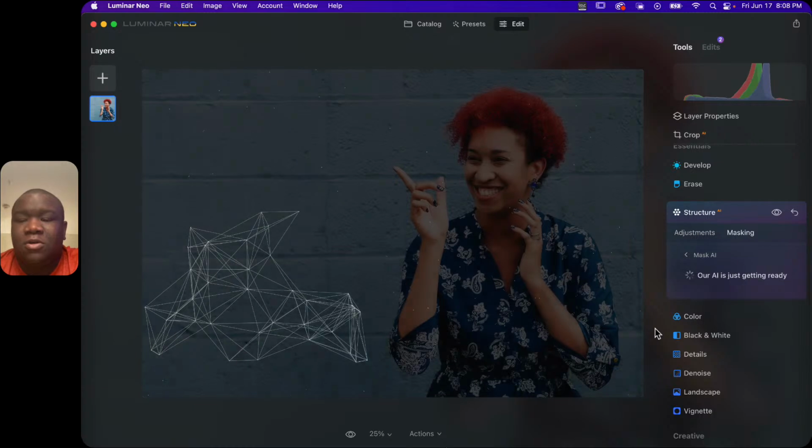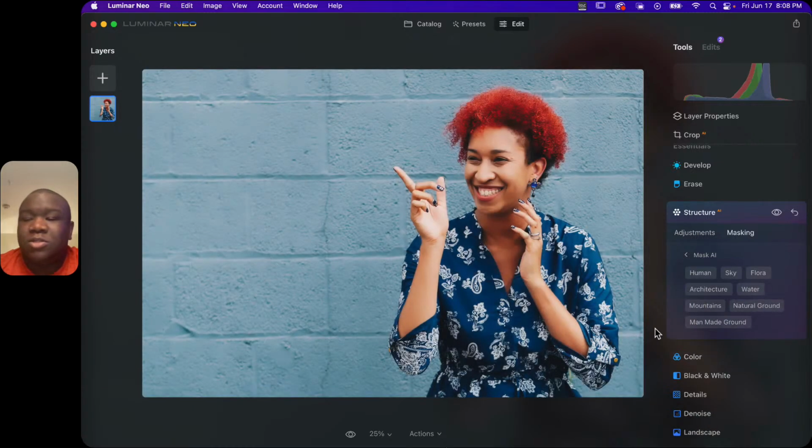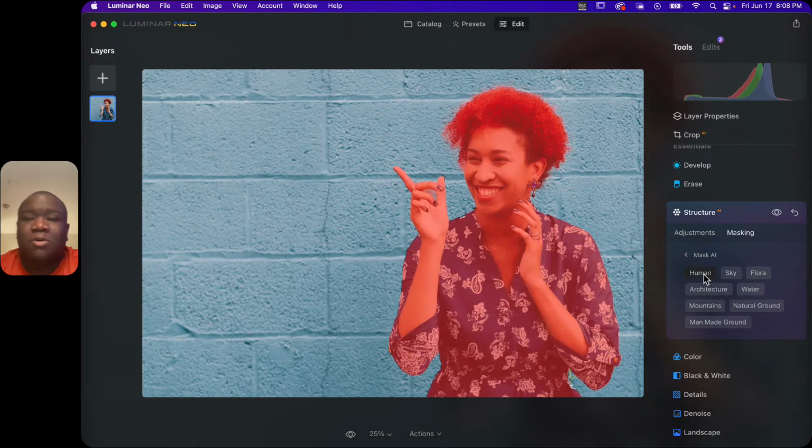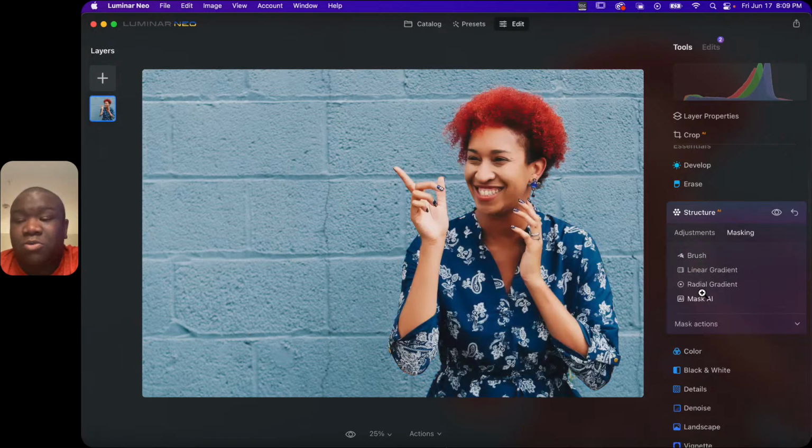All right, so once it is done, it gives you a few categories here, right? So I'm going to click on human because I want to see what it is selecting. Now, for some reason, it doesn't want to show me the human. That's it. There we go. Oh. All right, so this actually did a really good job at selecting the human, right? And that's all I want because I want to remove this particular filter